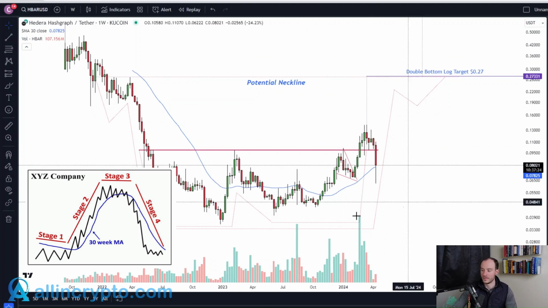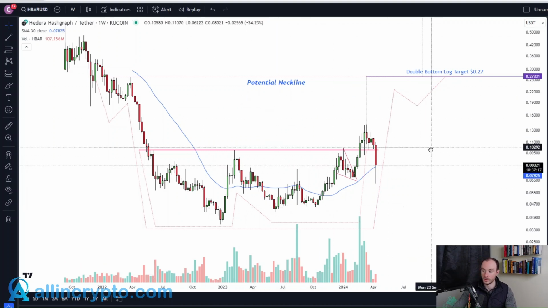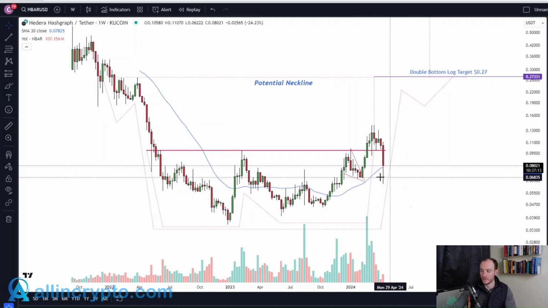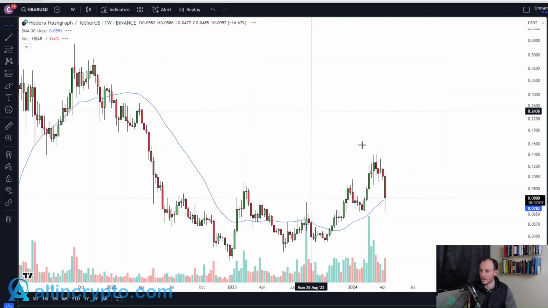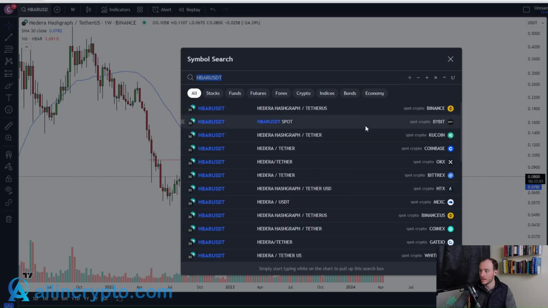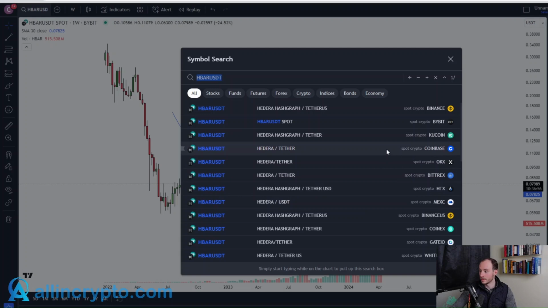And we are still, I believe, in that uptrend, but in an early and volatile stage of it. The bulk of the bull market is still to come, and we have a lot of technical merit to support that. But it's very important that it is actually holding this 30-weekly moving average and certainly not closing below this low to invalidate the trend. If we look on a number of other exchanges, you can see the low actually didn't come below, even with the wick, the prior low.